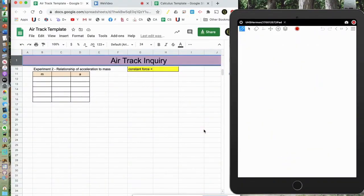Okay, this is the second part of the inquiry. In this one, we're going to keep the force constant all the time. We had 10 washers on the end of the string. We have a whole bunch of lead squares in the carriage, and we're going to change the mass each time by taking 2 lead squares out. So if you watch the video, you'll see we put the 10 washers on the scale, and that was a mass of